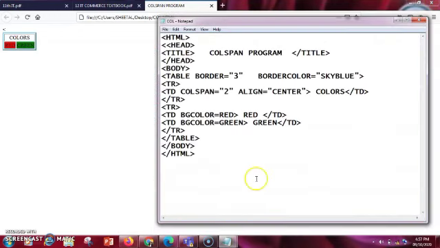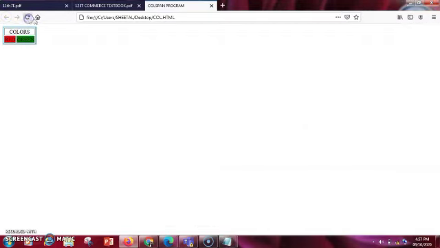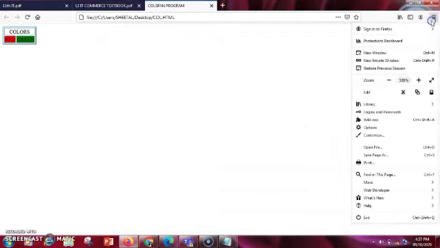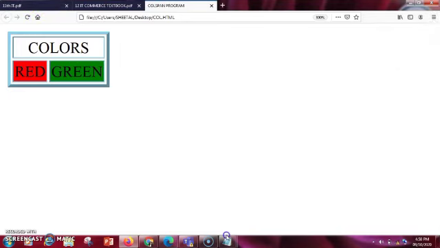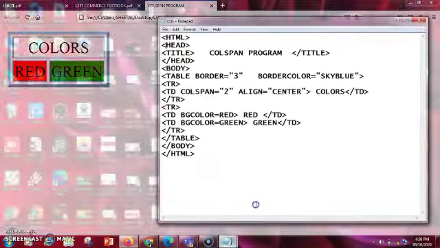Yes, there is a sign which we can see here. Any extra sign may cause an error. There was a double opening angular bracket for head, so that appeared here, and I've removed it. So this is the output of your program. You have to take care every time that you open a bracket, you close the bracket properly, and for container tags, you make sure you close them with a slash. This is how you have to take care in an HTML program. This is your column span program, and this is the output for it.